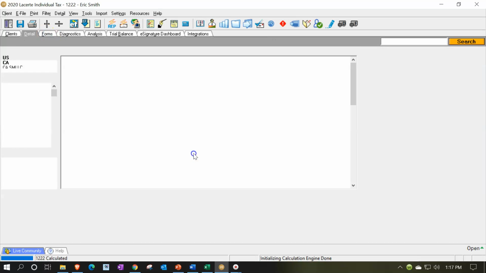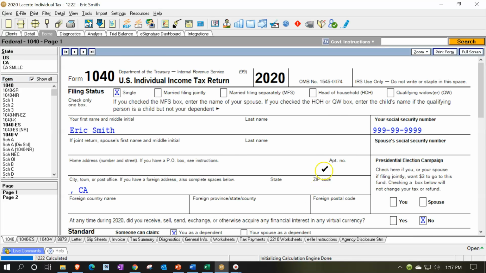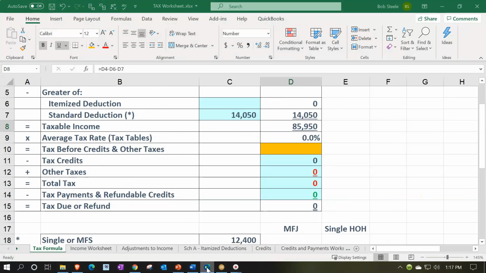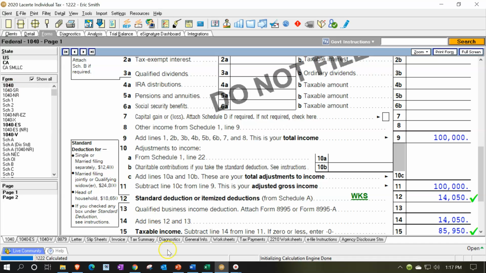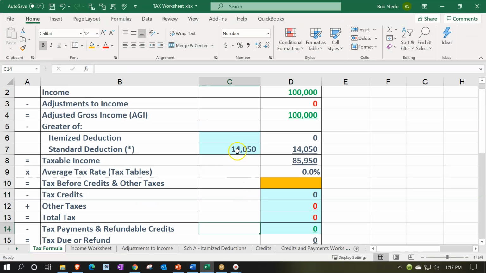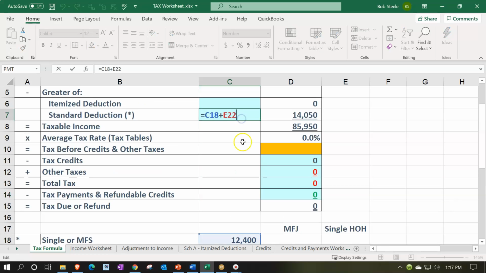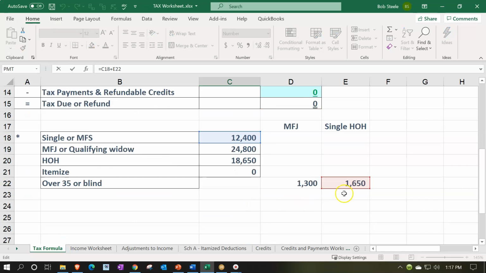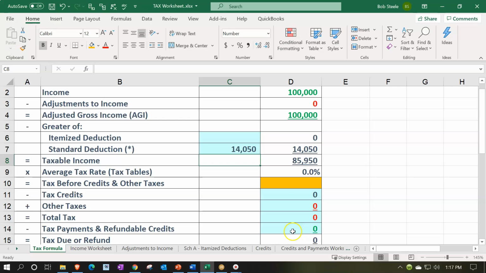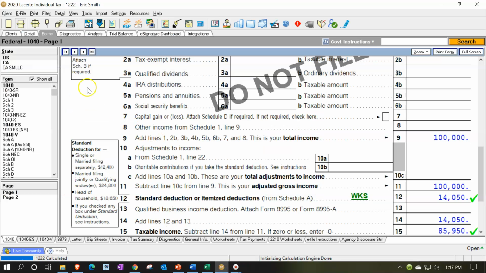Then we're going to say, all right, what happens then? So now we're at the 1,450, same kind of thing, same calculation here. Now we're at the actual 1040, the standard form here, but we have the similar impact. So the 1,450 is the result of picking up the single plus the 1,650, not because older than 65, but because blind. So we're going to say, all right, and then if we did that same kind of thing for married,